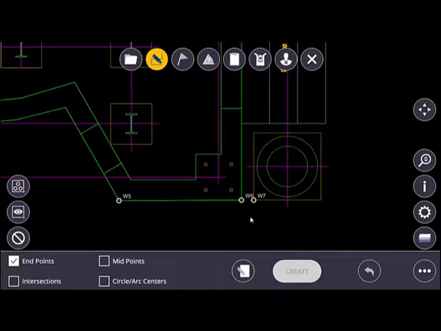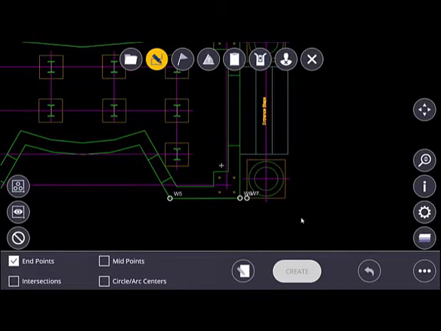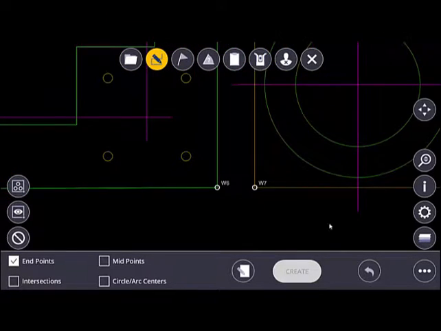Now, the other thing is if I made a mistake and I just want to undo everything, I do have the undo option over here on the work plane, on the work set area down below. But if I do that, it's going to undo every single point that I did. If I want to eliminate only one point, then I want to go ahead and use under the create mode,